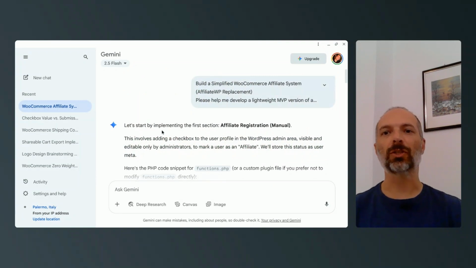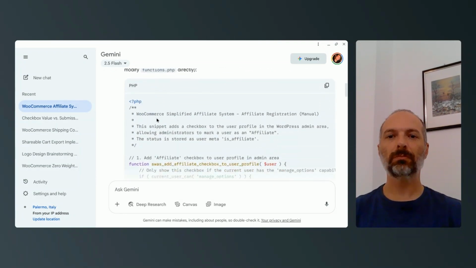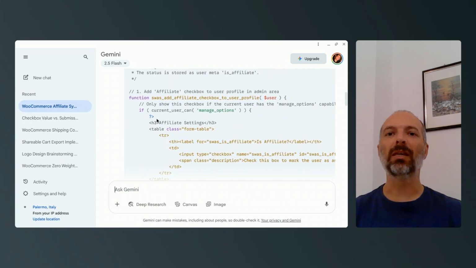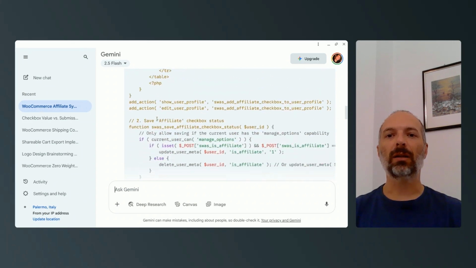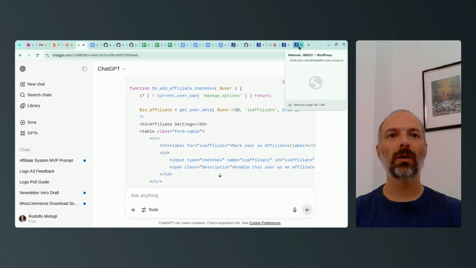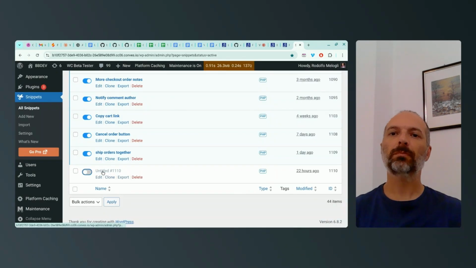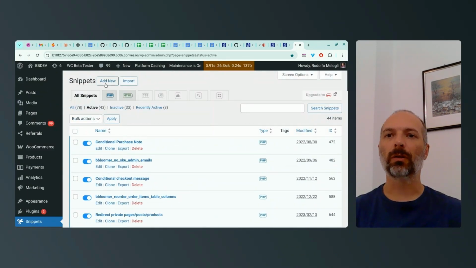Yes, Gemini finished. Okay, so now what I do is I review the code that I get, so maybe I can test it immediately and start building my code snippet, which, by the way, will go onto my dev website into a new code snippet that I use for testing, of course. So I would just go onto my list of snippets. I'm going to click on Add New,